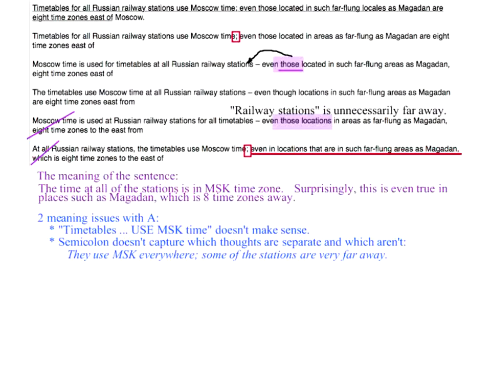I mean, you can kind of piece together what the intention here is, but there's clearly a missing direct connection. You want to be saying what B says, where they use it at all of the stations, dash, even the stations that are like a million trillion miles away. How can thought number 2 be a complete sentence? Well, because those is the subject. So even those in these parts are this far away. If you wanted a correct sentence that would have this kind of construction,